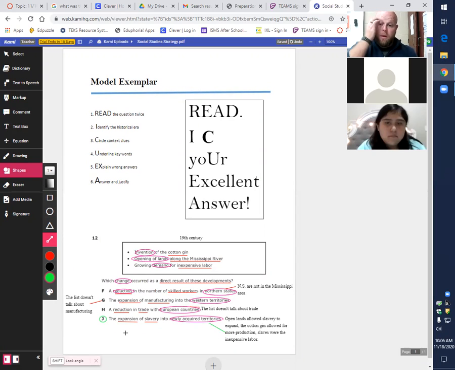All right. So that's how you use the strategy. I'm going to post this with our test tomorrow so you can work through the test using this strategy and coming up with the correct answers. Okay, so